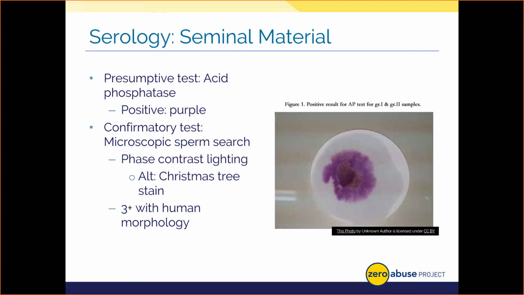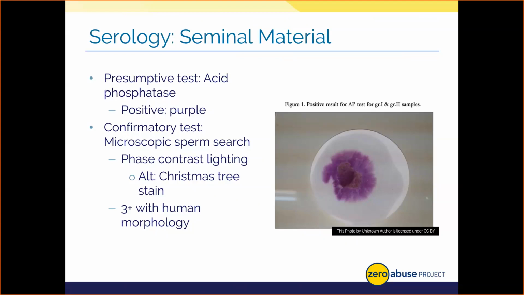Let's go ahead and cover the AP testing process, starting with the presumptive AP test. 1 to 2 drops of an alpha naphthol chemical solution are going to be added to a sample or a sample extract. We're going to wait around 1 minute and then add 1 to 2 drops of this fast blue or diazonium salt reagent. All this is carried out in a test tube typically, but I actually have seen and used in some of my classes AP-based wipes, if you will, that will run a sample. Once you run a sample across this surface, just by rubbing it onto that testing strip, it elicits a reaction. Let's talk about that reaction then. As you can see on your screen then, a positive result is a purple hue or coloration.